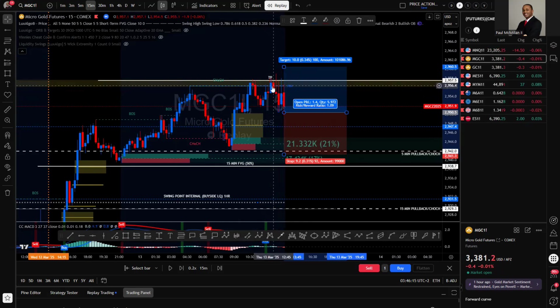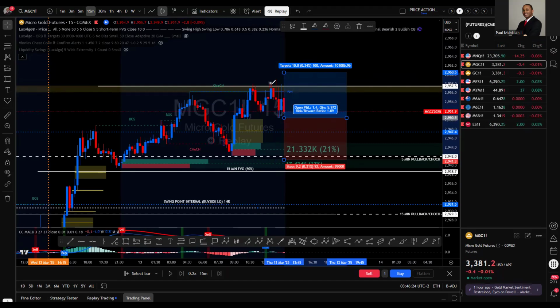What you're witnessing here is a liquidity raid. Okay? So if anything, this could probably have been our first TP. We had a take profit here, we had a pullback, and we had to exit it out here. Okay. Now,